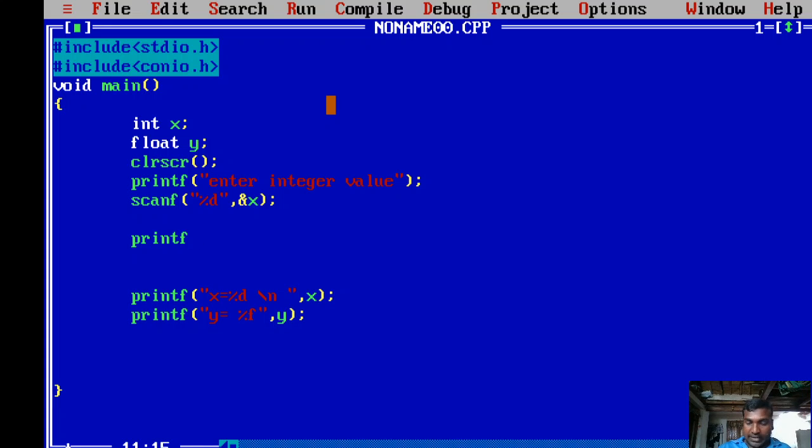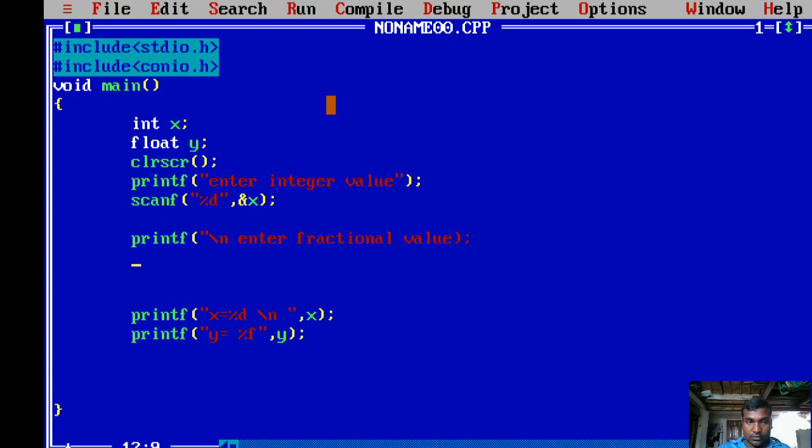So for that purpose I am again asking the user to enter a fractional value. Here I am using \n, scanf %f that must be stored in the address of y, right?